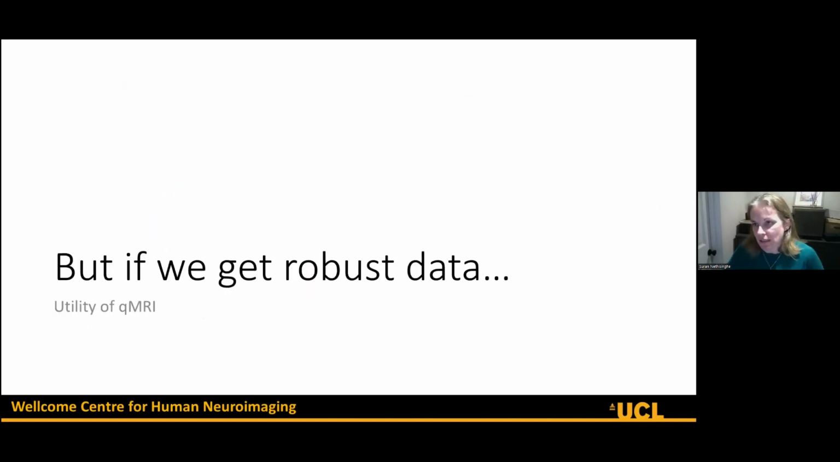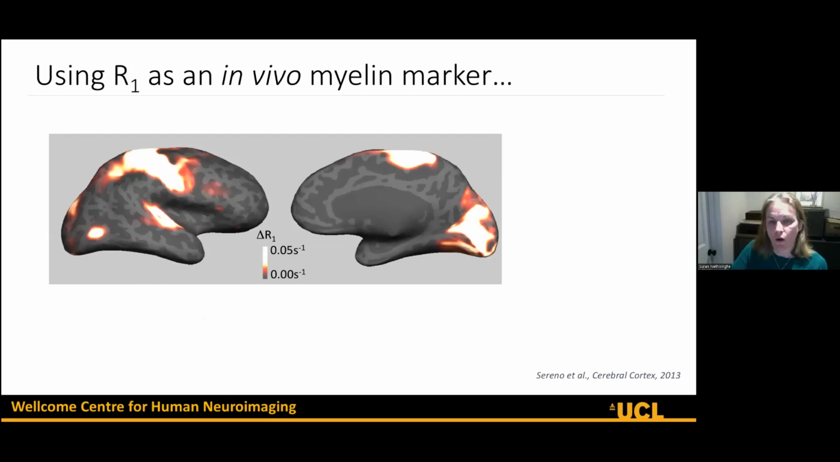So now, let's take the case that we actually have robust data. Why might it be useful? Well, we could use R1 maps, for example, as an in vivo myelin marker. And here we see an example of where the R1 maps have been inflated onto a cortical surface. And the highest R1 values are corresponding to regions that have high myelination and that have been identified previously in